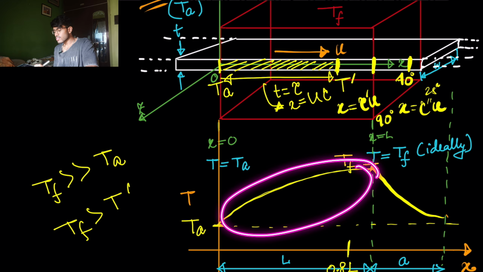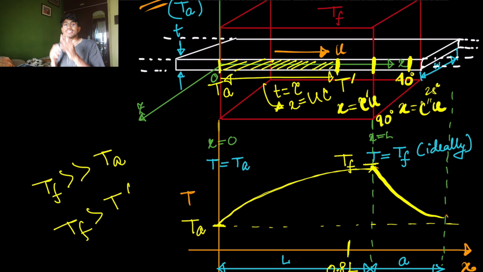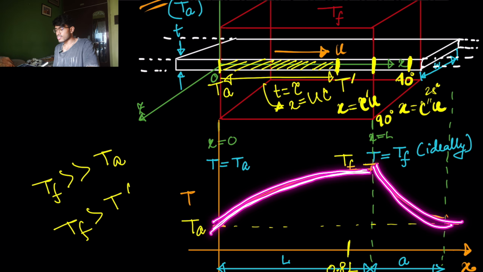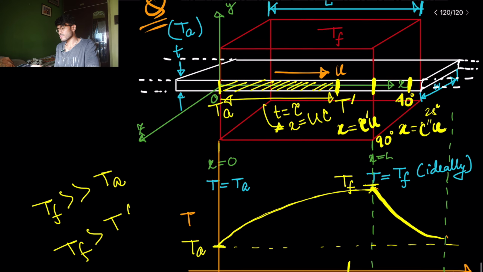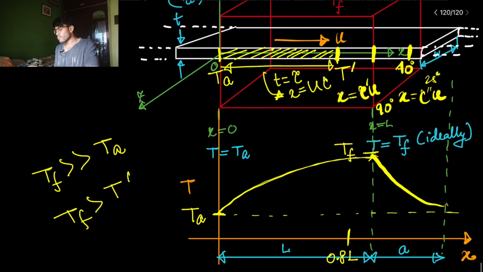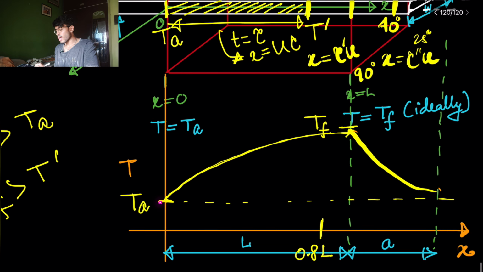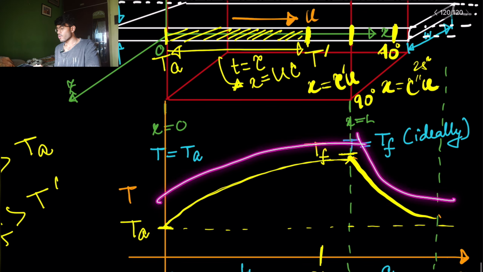of these cases the slope is decreasing. That is, the change in temperature with respect to x is decreasing. But because this is increment in temperature and this is decrement in temperature, this is convex upwards and this is convex downwards. Okay. Now one more thing, if you are having any confusion, this graph you are drawing, okay, the thing